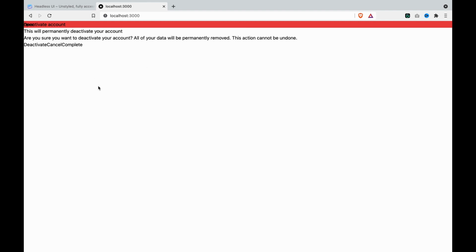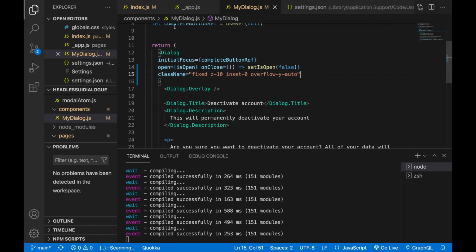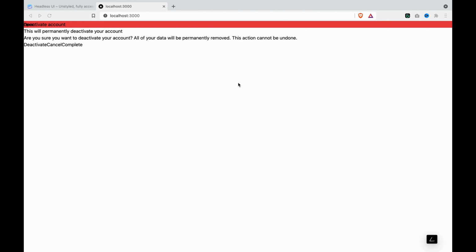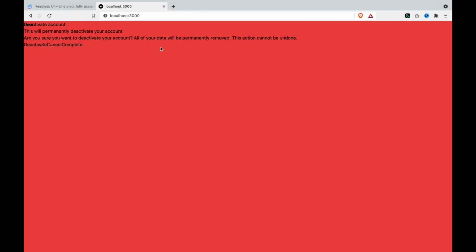And I think this will be better if we go to the index and set the height to screen. Now you can see it takes up the whole screen. And now we are going to